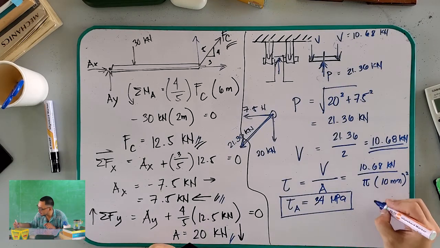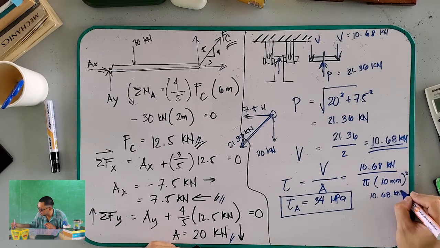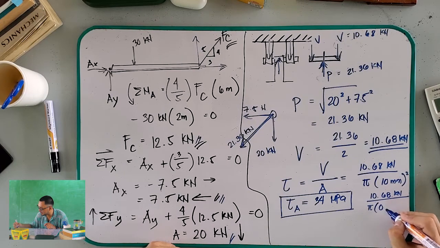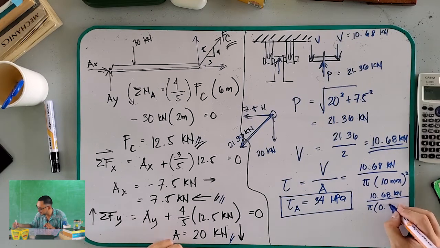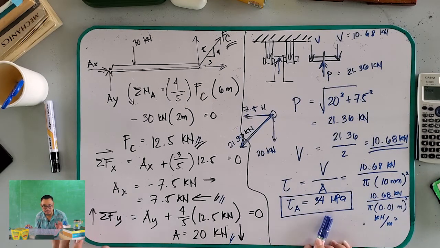So again, so you won't have difficulty, you can just input 10.68 kilonewtons divided by pi times 0.01 meters squared. Then, you will get an answer in kilonewtons per meter squared. And, yeah, it will arrive at the same answer. But we're not done yet. Why? Because we still have